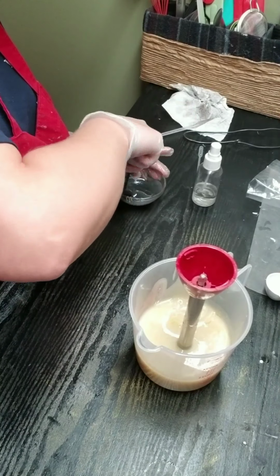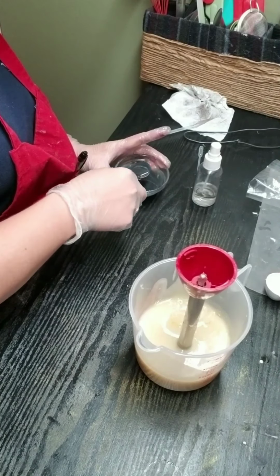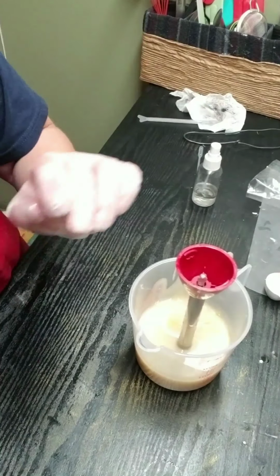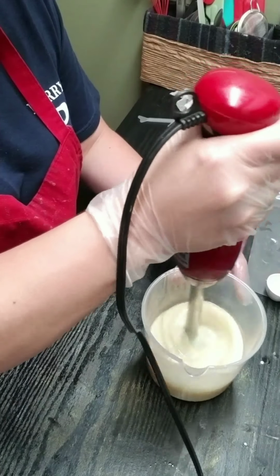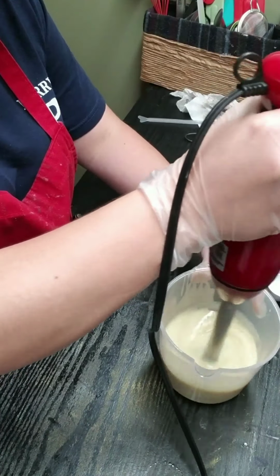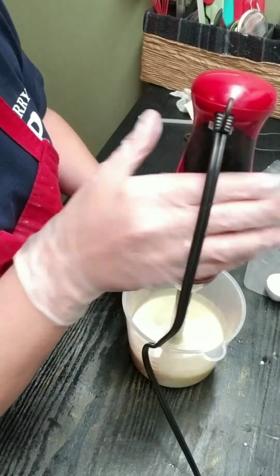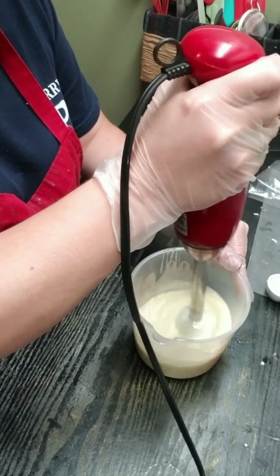I have to attach some embeds, so I need like soap glue, basically, is what I'm after. I don't think I'll need a ton, so we're going to leave it at that because I don't want to take too much from my piping. Alright, so let's get this bad boy mixed up. Doesn't sound very happy there. And just to be safe, I'm going to put a little bit more in. Even if it turns out like a light brown, that'd be alright too. I would like it to be white, but